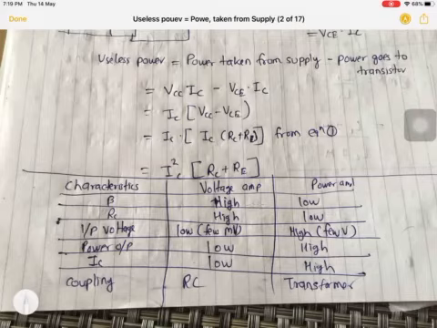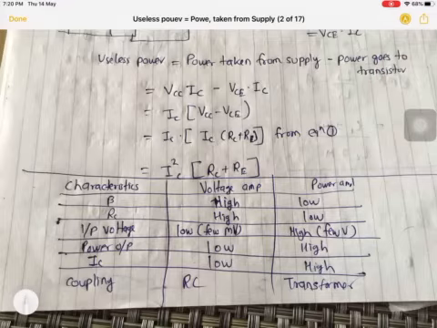It is high, but it is not that much. It is comparatively low. The load resistance RC for a voltage amplifier is high, as we discussed, and for a power amplifier it is low. Input voltage, this is one more bigger difference. Since beta is high, a few millivolts of input signal will give you sufficient output.